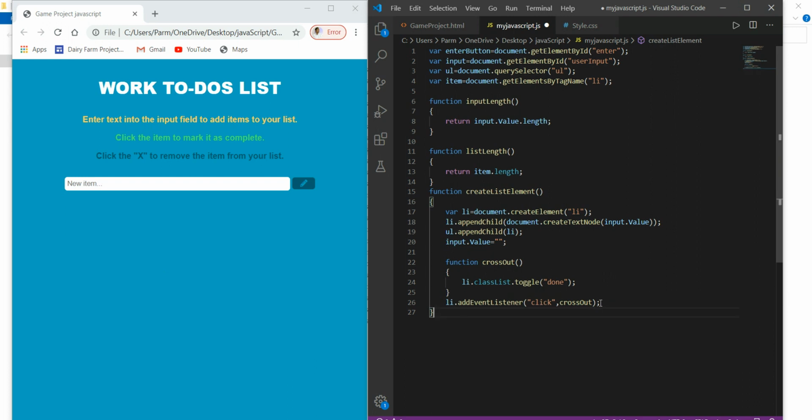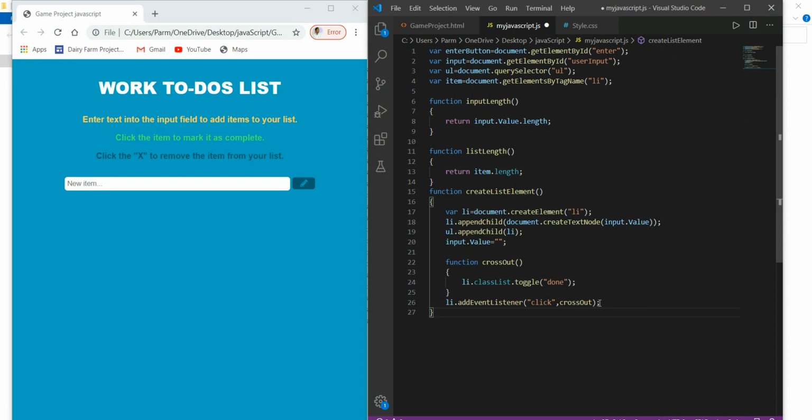Now here I need to have another button over here, a button that will be used for deleting the item. After adding an item, sometimes we feel that it needs to be deleted from the list, so for that I am going to create another button over here.